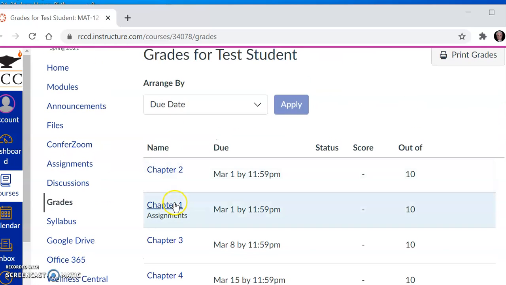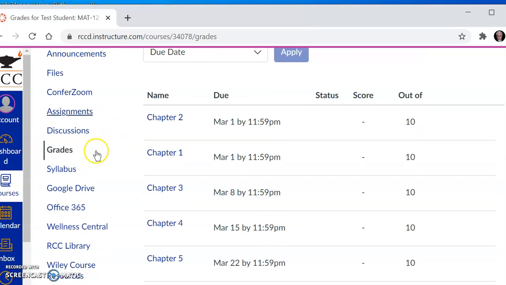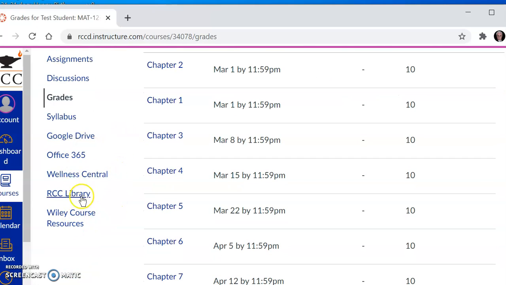It probably hasn't been applied yet. But the bottom line is, no grades for the individual homework assignments. You get full credit for it, so it's pointless for me to waste my time posting them. But you will have grades here for exam 1, exam 2, and the final exam, okay? All this other stuff I don't use.